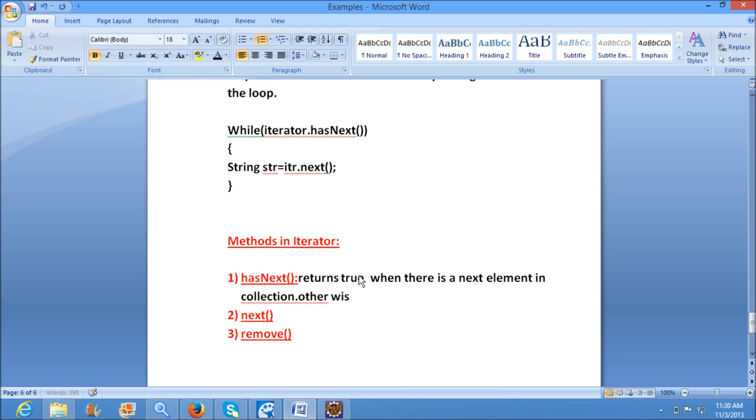Otherwise it returns false. If there is a next element available in the collection, hasNext will return true, otherwise it will return false. And the next